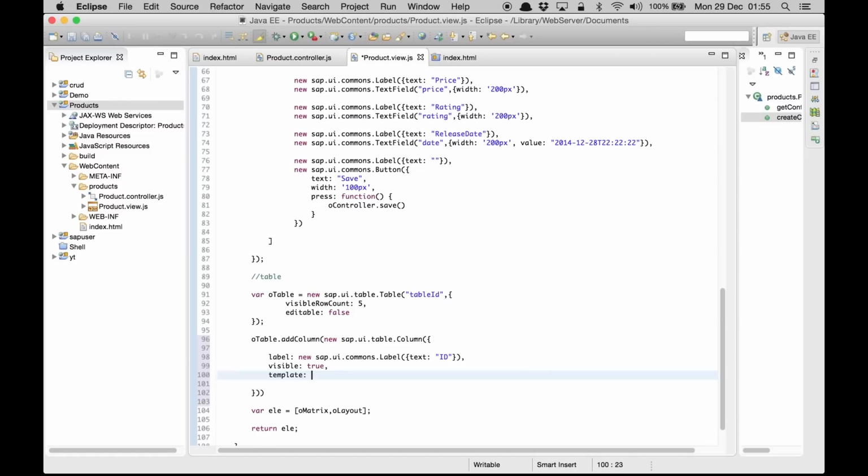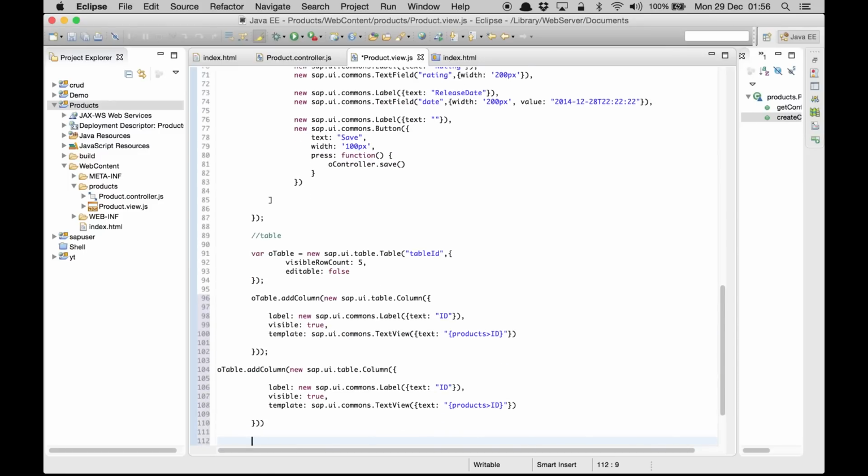Template is where we do the data binding. So in this case, we'll give a text view, and this will contain a text, and we are going to bind this text view with our model, which is products model, and we need the field which is ID. So this is the way to bind a UI element with a data source, and we are going to copy this column, and we're going to add 2 more,